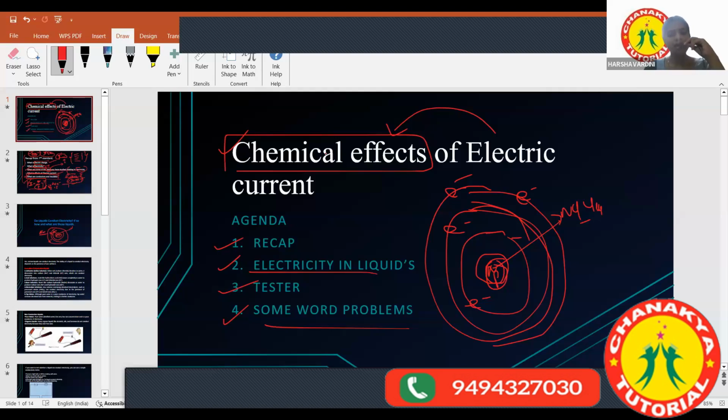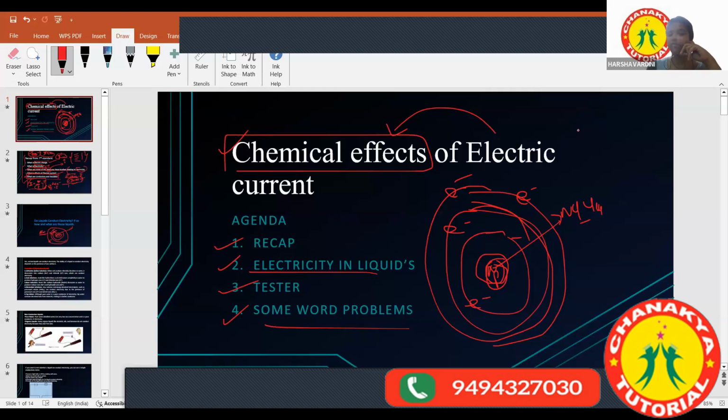So first, you have to do some experiments in chemicals so that the chemical effects of electric current can be seen. What may that liquid be? What is the primary liquid that you can take for anything? It's also called the universal solvent. Water, ma'am. Is that water? Everybody agree?